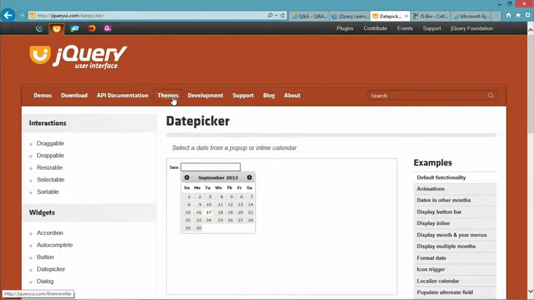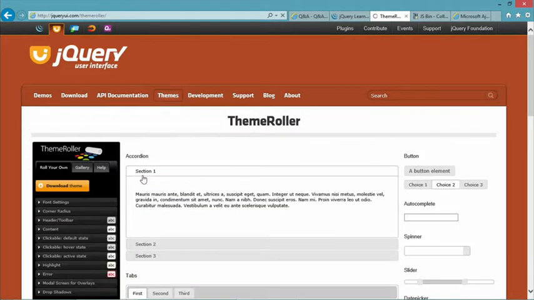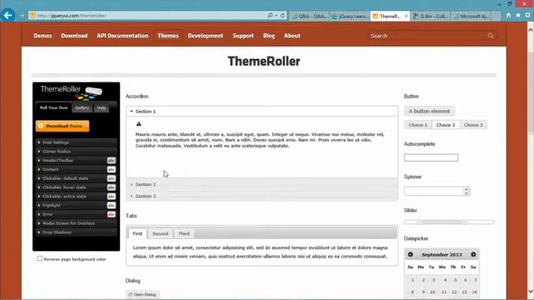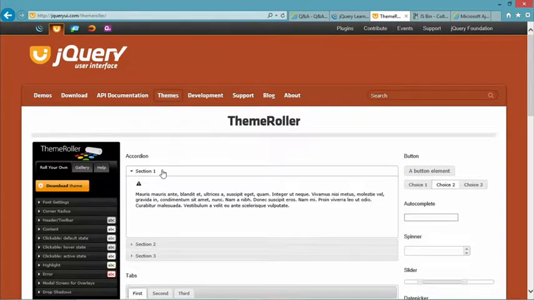Very handy. Also, they're all themable, so you can go through and theme these, and you can create your own theme. So the way that this is integrated into ASP.NET MVC, it works very well. You can replace those jQuery UI themes. Yep. One other thing I wanted to point out